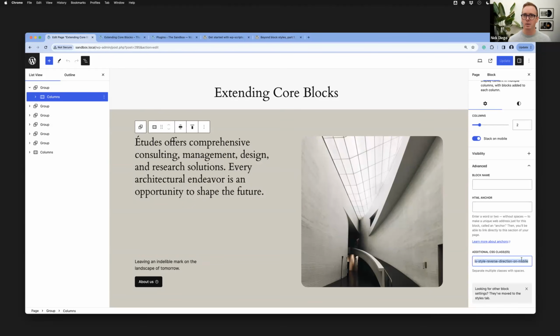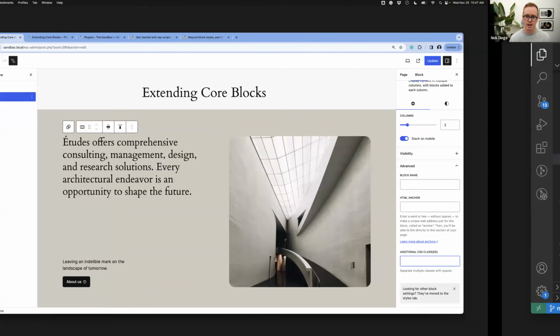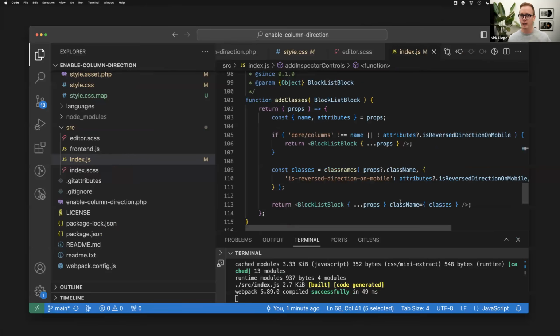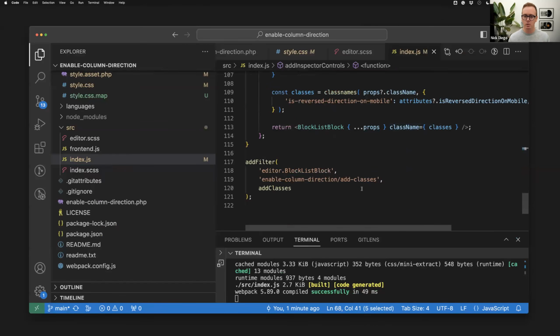That is perfectly fine, but it also introduces the potential for a user to unexpectedly remove that somehow. It provides the opportunity for things to get messed up when it's unexpected. So whenever we're adding a class, I like to do it using the editor.BlockListBlock